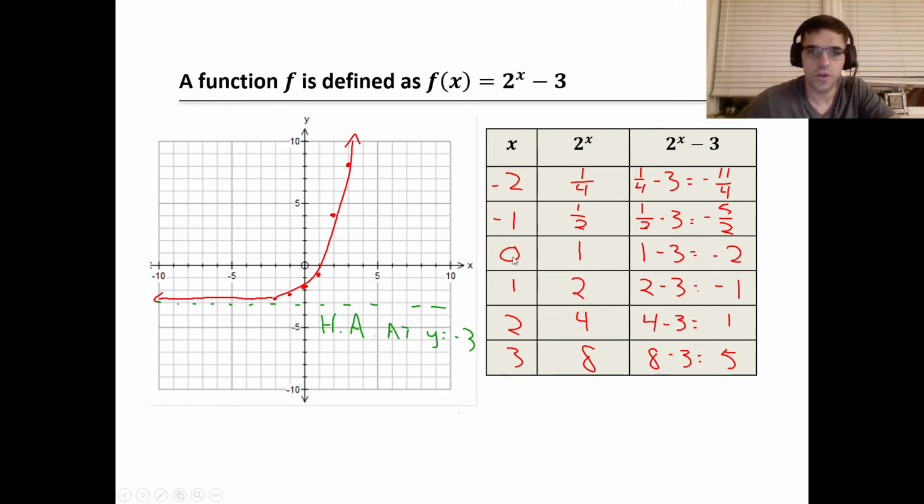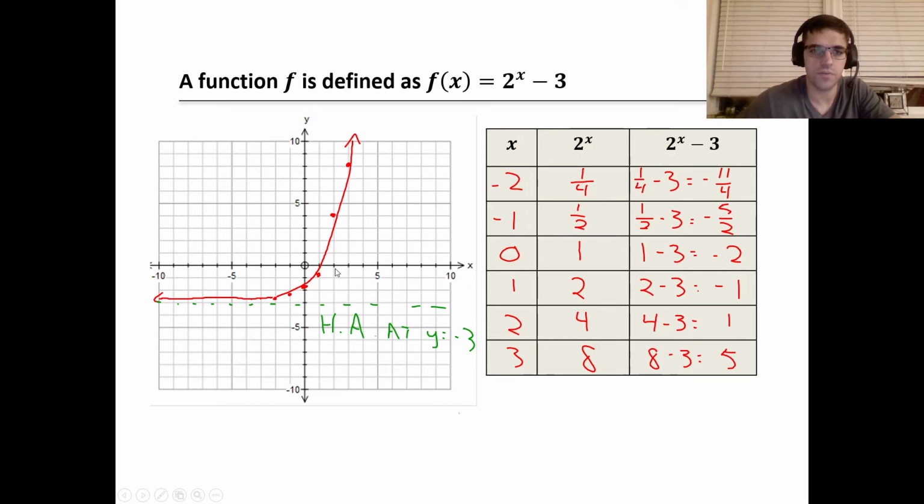So I know what the graph to the right would look like. It looks like 2 to the power of x. We have 2 to the power of 0, 2 to the power of 1, 2 to the power of 3, 2 to the power of 4. And then just subtract 3 from that, and we stick with whole numbers. That's fine. And then I can see what my graph looks like on the right. So 0 goes to -2, 1 goes to -1, 2 goes to 1, 3 goes to 5, and